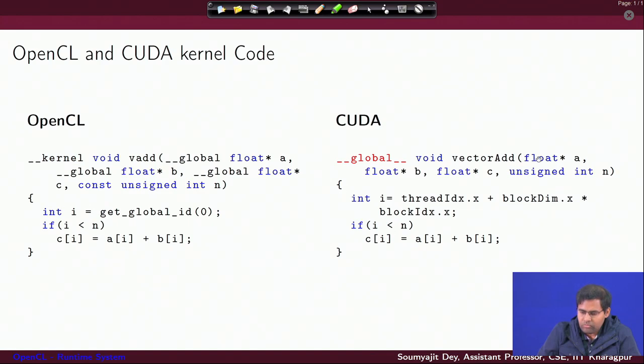Here you had the input parameters, the output buffer parameter, and the size. Similar things you have in A, B and C, but they also come with the __global keyword in case of the OpenCL variables.